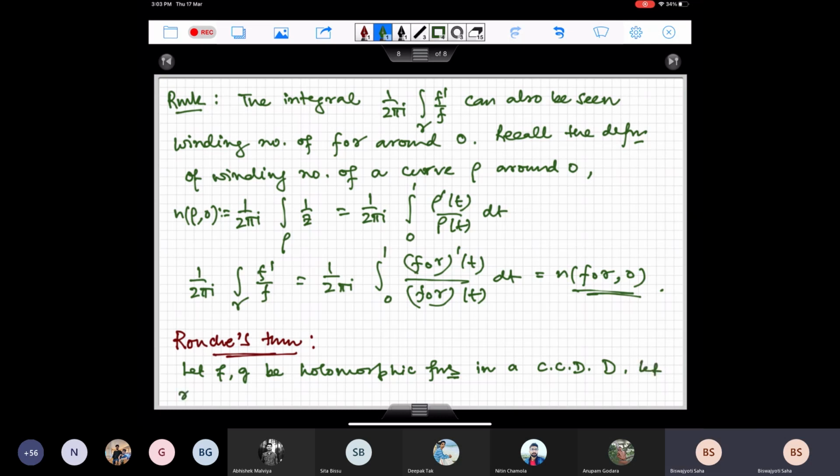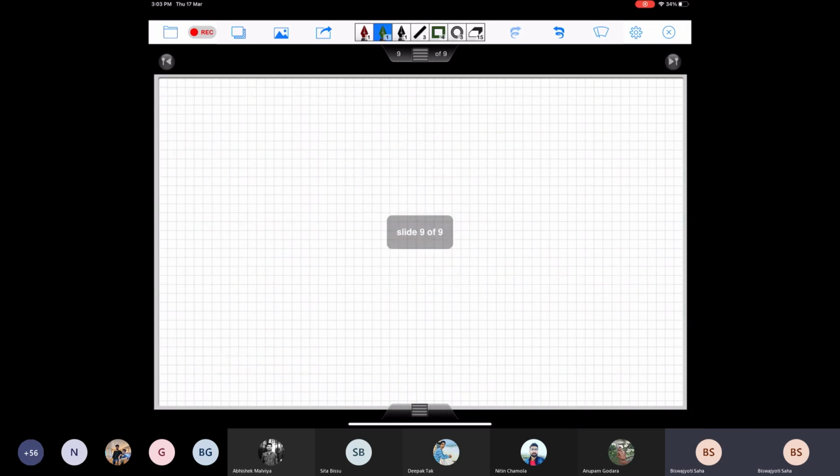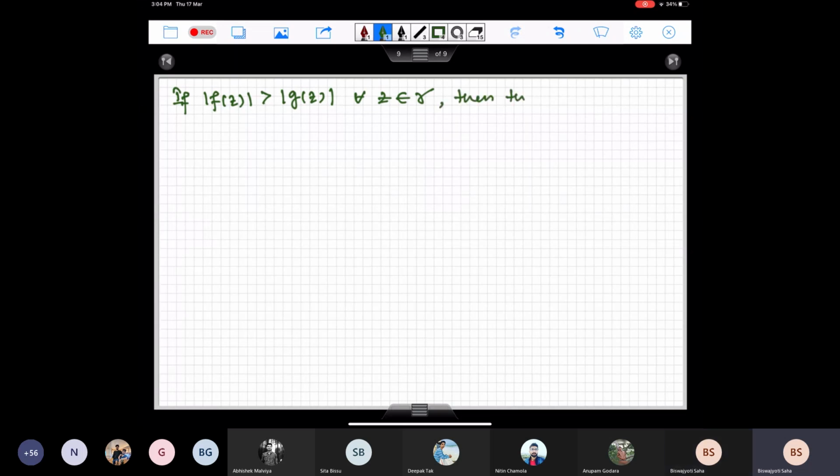Let gamma be a smooth Jordan curve. Suppose I have a smooth Jordan curve. Now I am going to put some condition on f and g. So if mod of f of z is bigger than mod of g of z for all z in gamma, then what I can say is that the number of